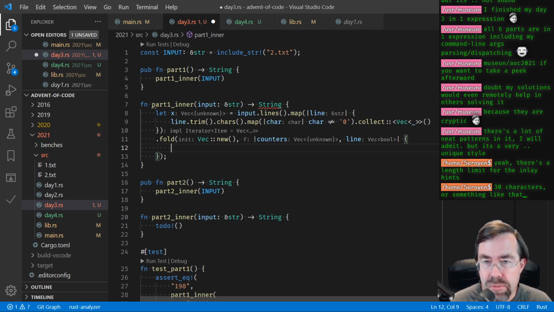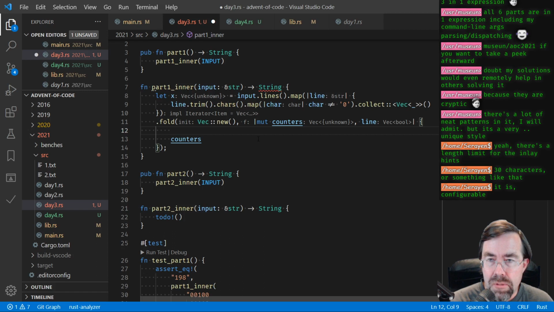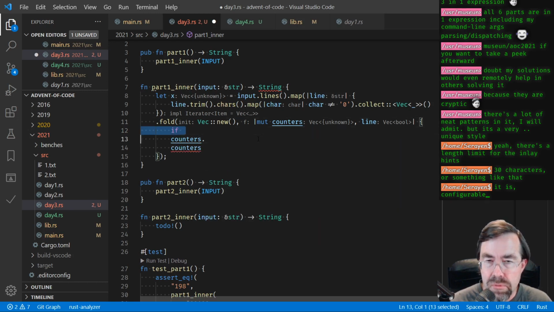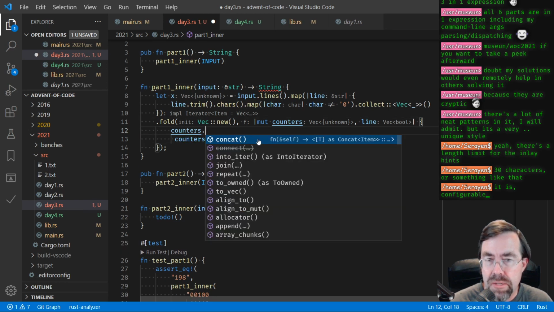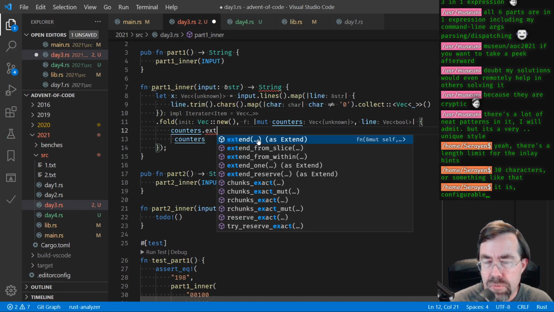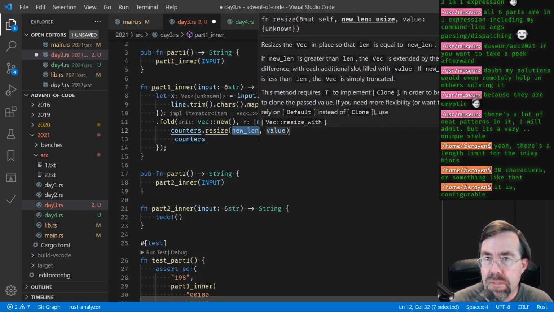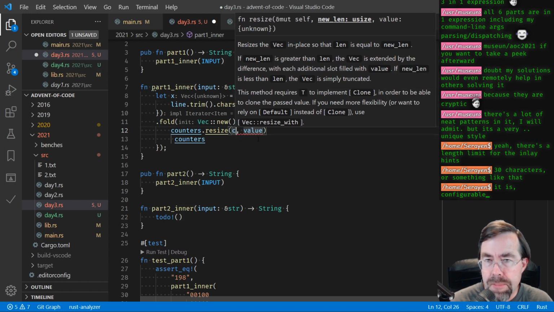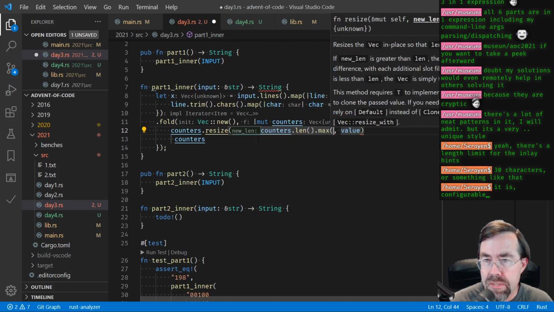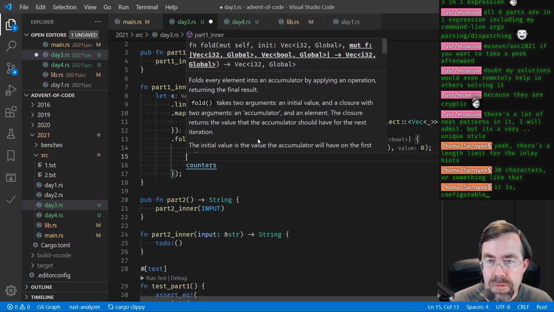So I think the first thing I want to do is expand the counters if they're not as long as the line, right? So counters dot, well, we can just say if. Actually, I can do it this way. I can say counters dot, is it expand? Extend? It's resize, isn't it? Right. So resize to counters.len.max line.len with the value 0. All right. And then